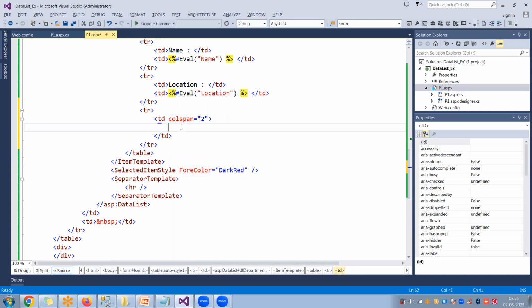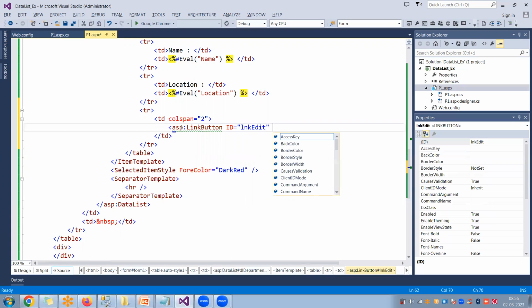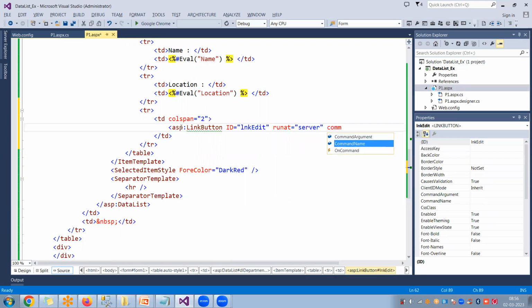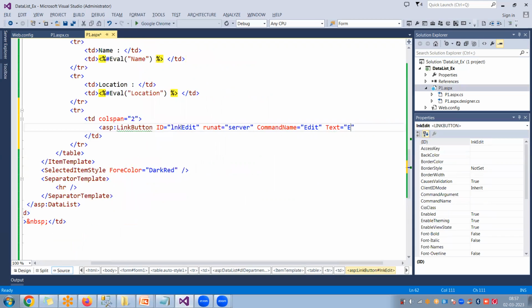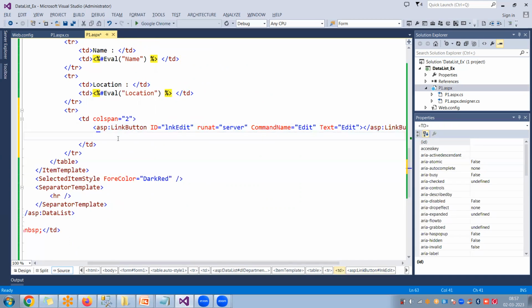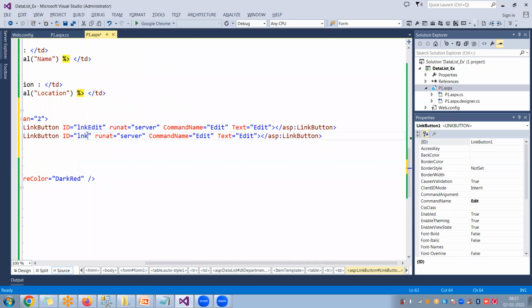Now we would like to place the link button. So ASP link button, ID equal to LNK edit, run at equal to server. This is common, we can make use of it, and then we can also present the command name. The command name is related to edit, and you can also give the text, which is also edit. That's how I can manage this link button, and you can have another link button for delete,